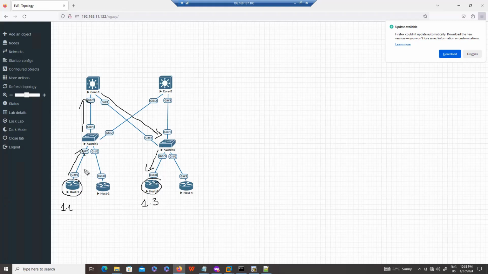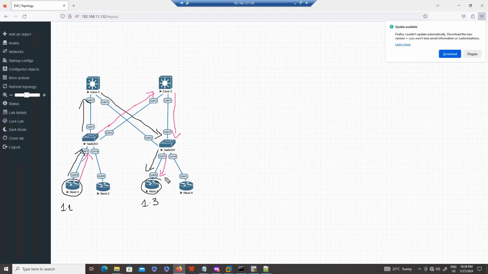The second path might be that the end machine sends the traffic to this switch, this switch sends the traffic to core 2, core 2 sends the traffic to this access switch, and then this switch sends the traffic to this end PC.